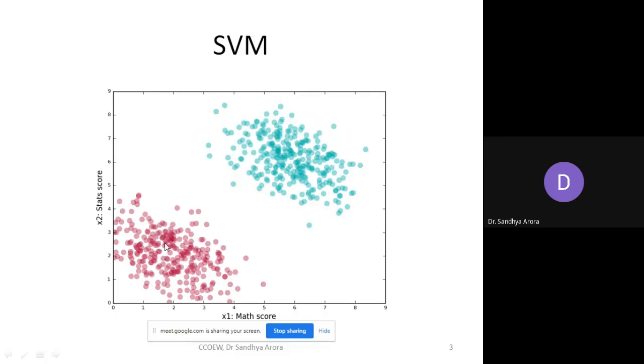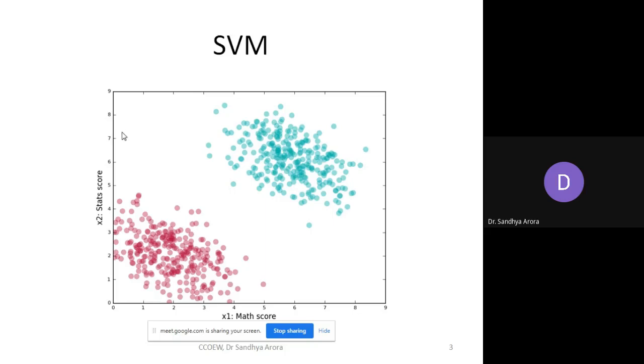Red represents bad ML course performance, and green represents good ML course performance. Those who are not good in stats and maths are not good in ML also, and those who are good in maths and stats are good in the ML course also. So we can see a clear differentiation between these two. Our purpose is to have a classifier which takes maths and stat scores as input and classifies the data for the ML course.